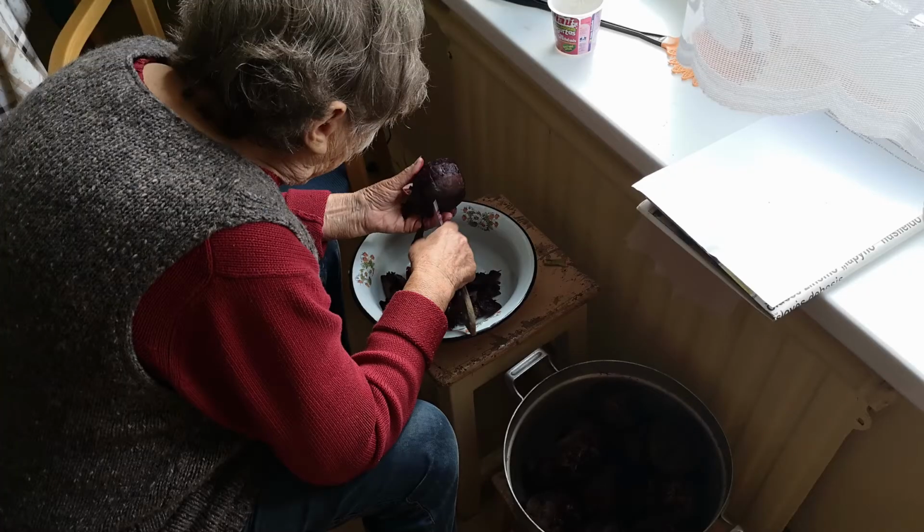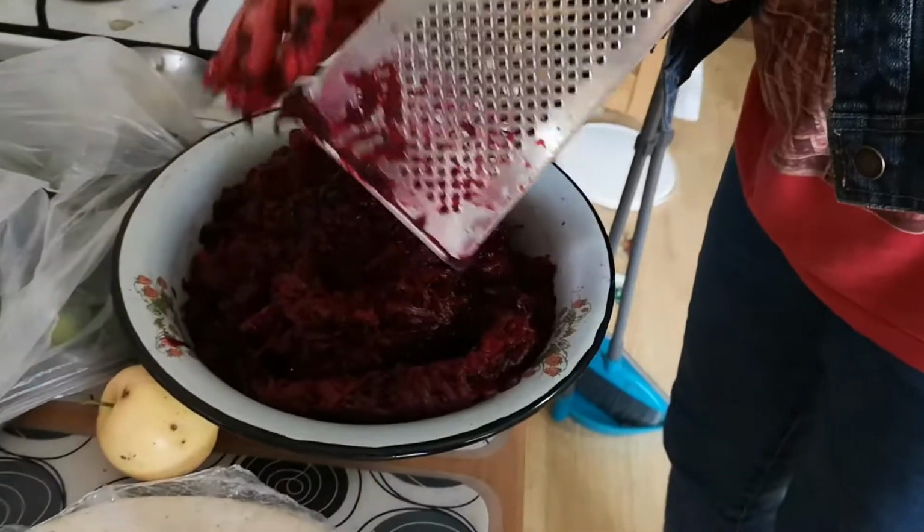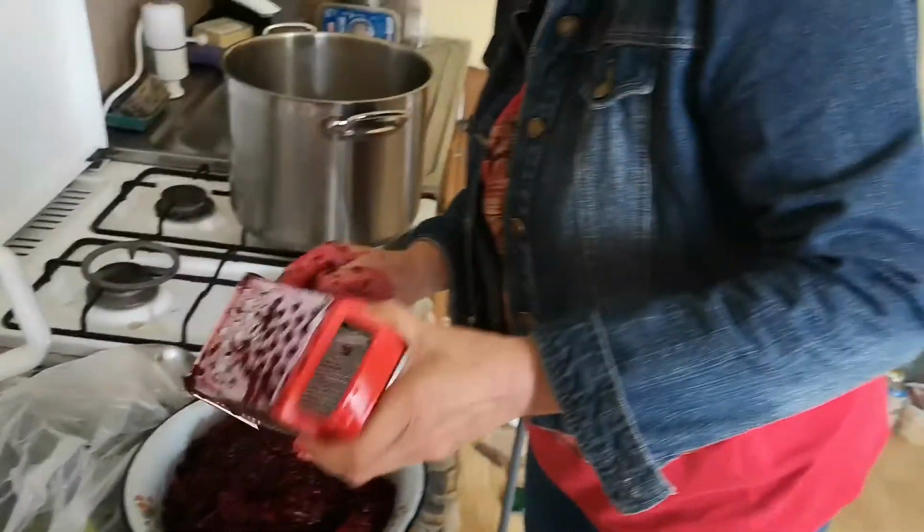So let's begin. The first step in the process is to clean, obviously, and then boil your beetroots. So we took about 17 large beetroots, boiled them until they are soft, let them cool down, and here you see my grandmother peeling them, getting ready to grate. So this is the second part of the process. My lovely mum